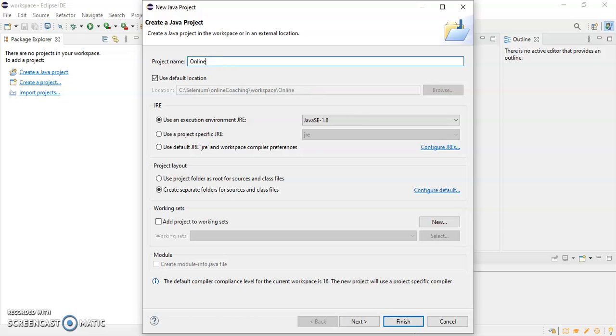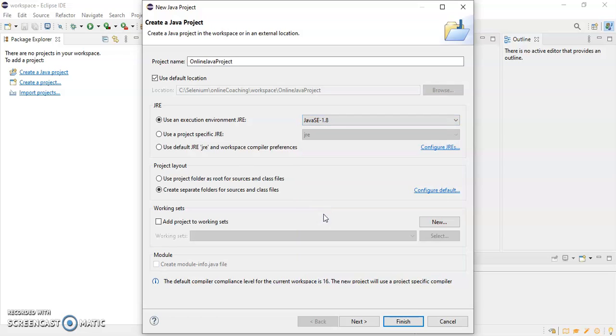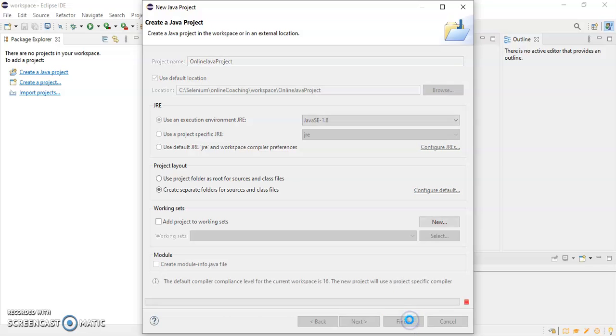Okay, online Java project. And here you have to select Java SE 1.8. Okay, because we have downloaded Java 8, right? So we just have to select this Java SE 1.8. Make sure it is selected, or else you can select Java SE 1.8 from this drop down. Okay, now click on finish.